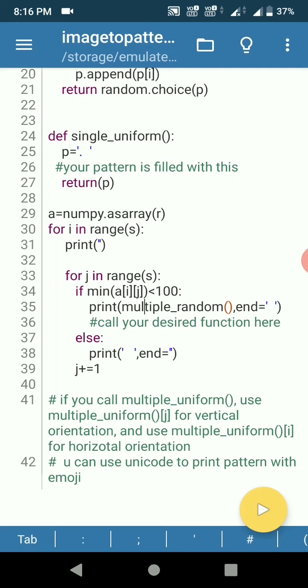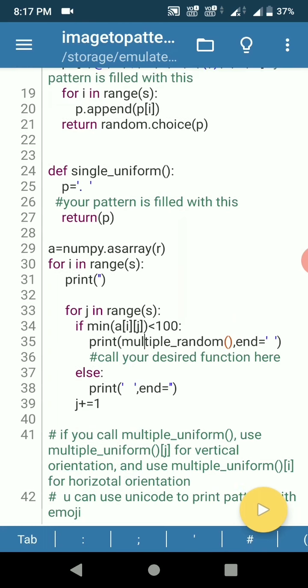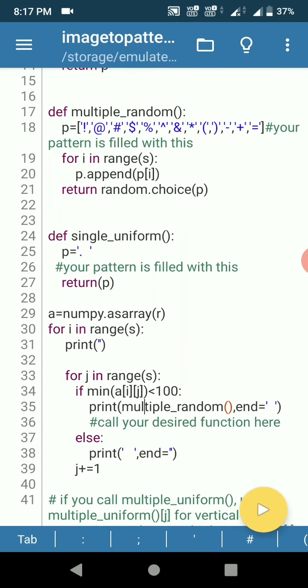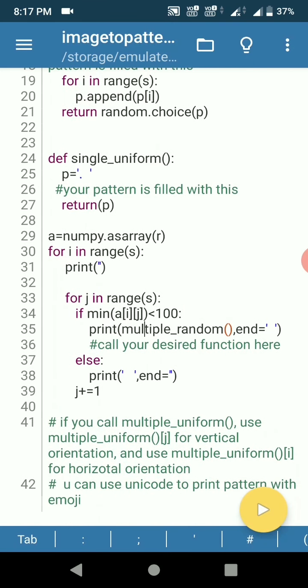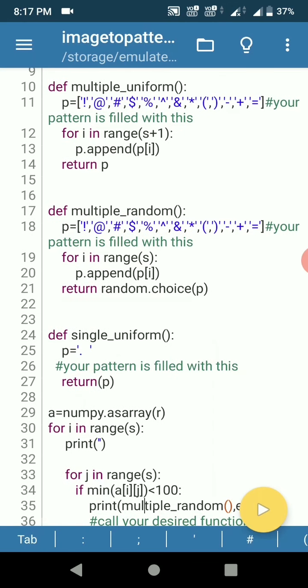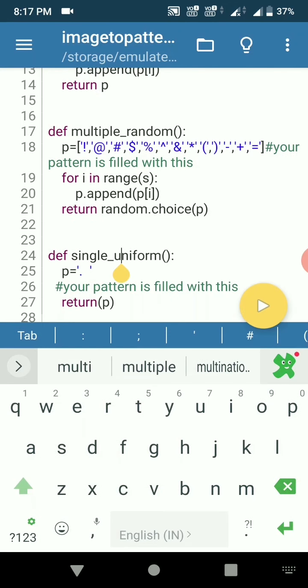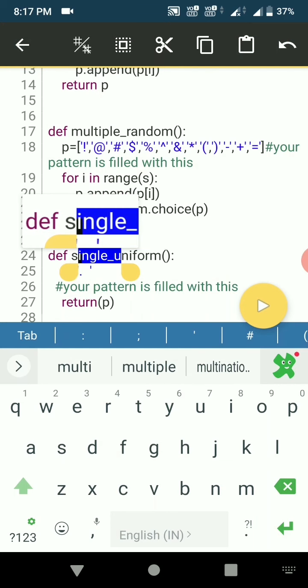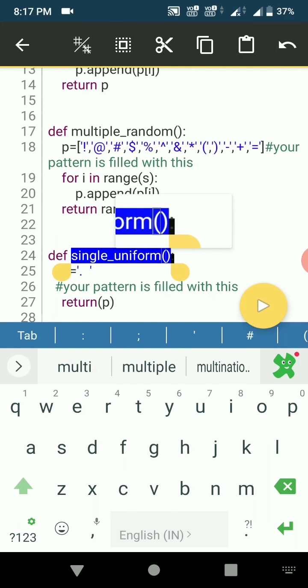You can use anything here in the list. I can demonstrate with the emoji here. Now I'm going to use a heart emoji in the single uniform. That would be great, printing a heart with the emoji of hearts.